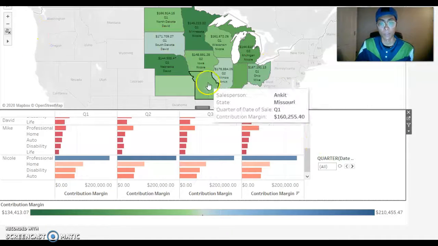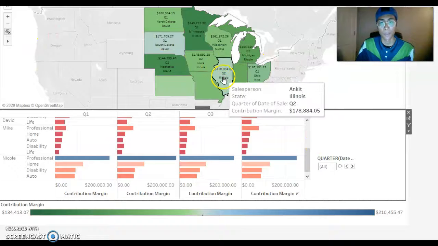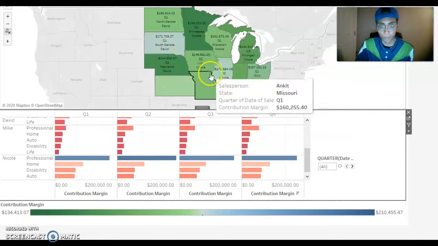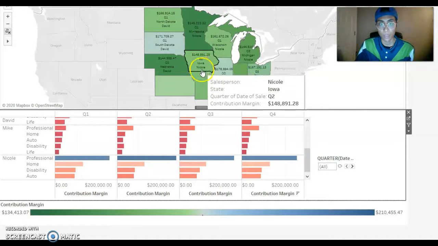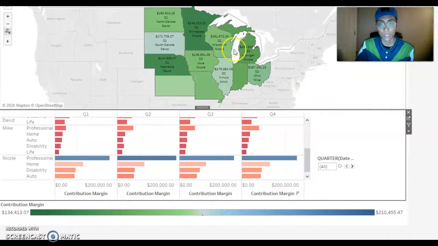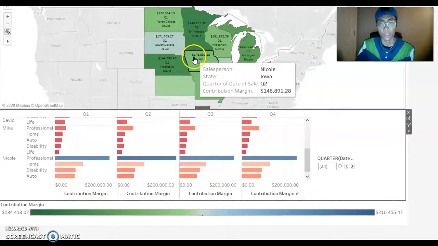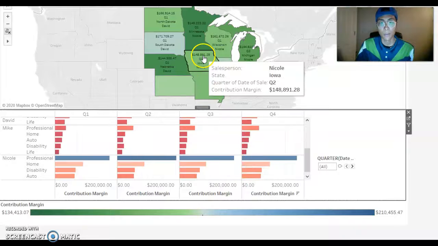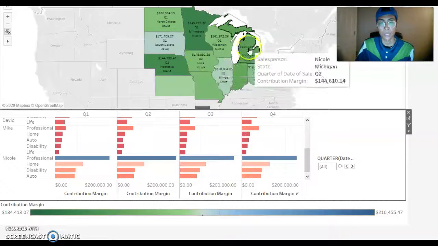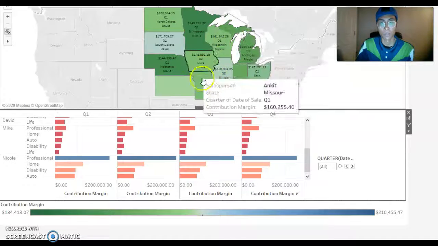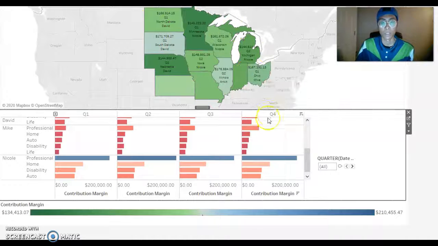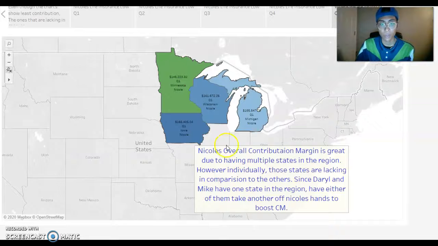So upon further inspection of the data, I didn't realize that Mike and Daryl each only had one state. So Nicole has 1, 2, 3, and 4 states, and 3 of them are fairly low. So I was trying to figure out a way to switch it up and make it so that these at least hit 160, 170, which is the best that we can get as a contribution margin, as opposed to the other ones on average. And then with my story,